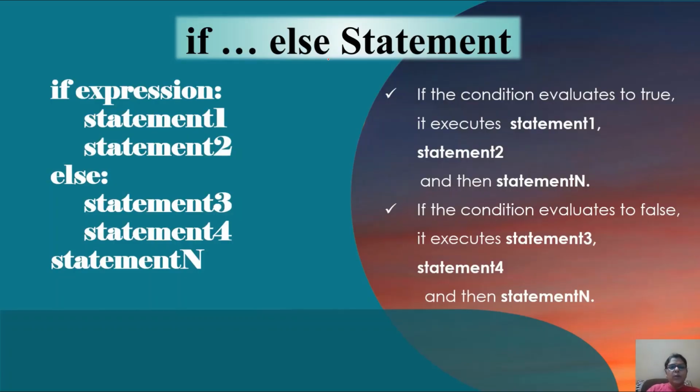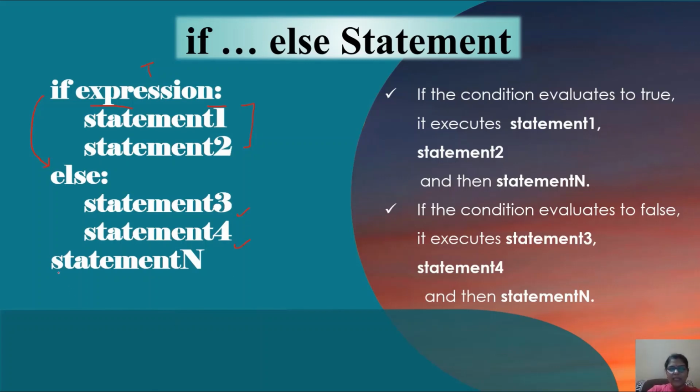Moving ahead, we also have an if else statement. This is one more variation of if. In this statement, we have an else part, or we can say the else clause, along with the if. I begin with the if followed by the expression followed by the colon sign. If this expression results in true, in that case statements 1 and 2 are executed. In case the expression is false, the control directly jumps over to the else part, skipping both these statements, and then statement 3 and statement 4 are executed.